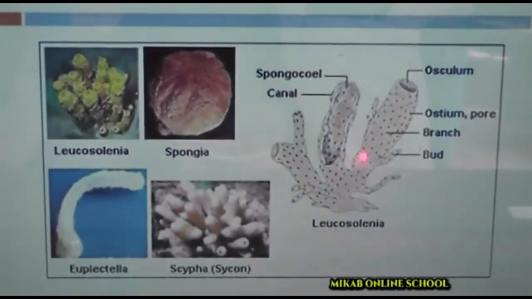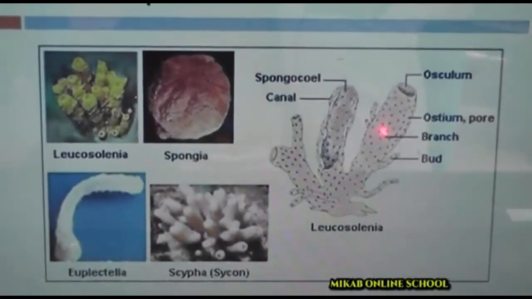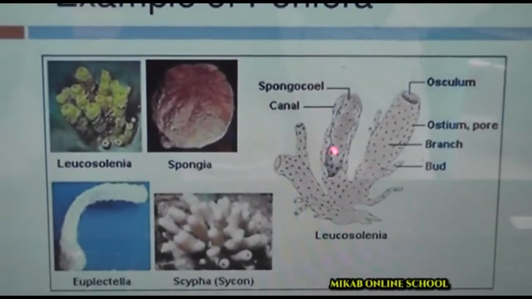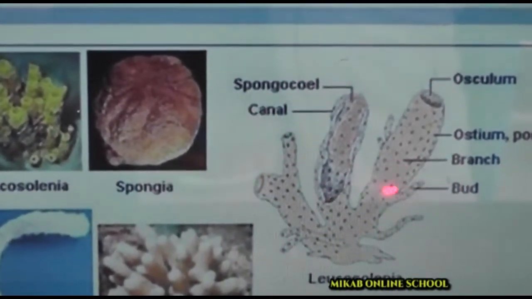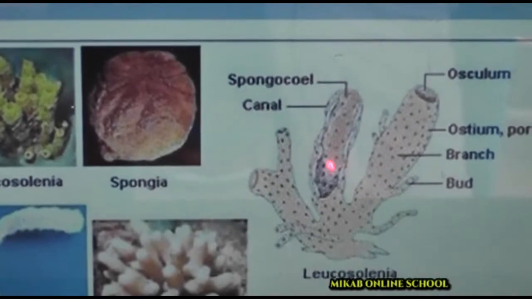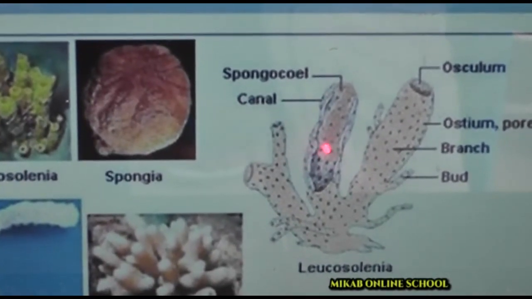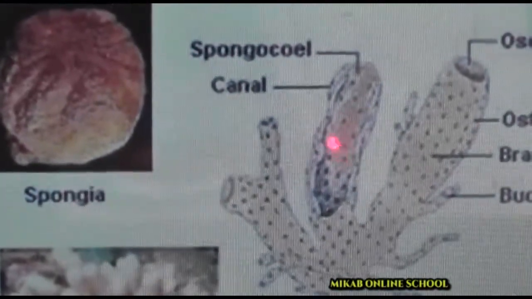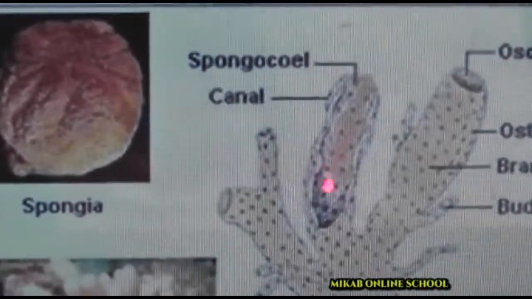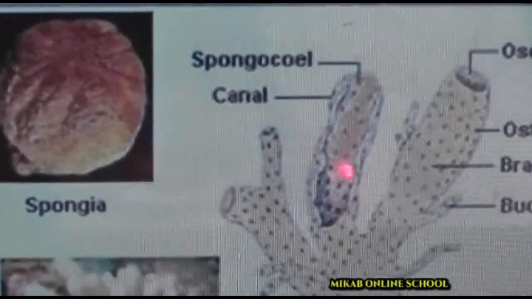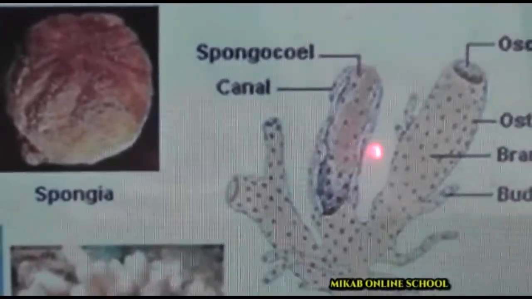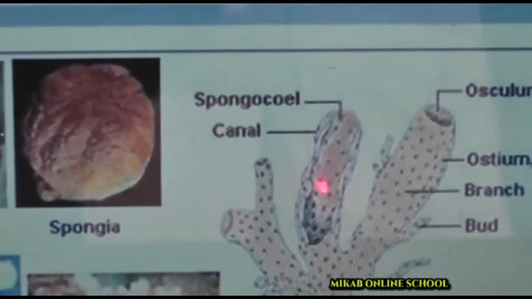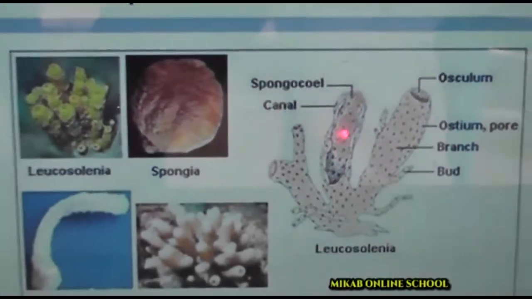So this is how a typical body plan of Porifera looks like. Then inside, this is the outer part of the body now, but inside we call it what? The spongocele. This is the inner wall, which is the spongocele. This spongocele is the empty space inside, the body cavity, the inner cavity. Lining this spongocele are cells that we call choanocytes. So the choanocytes are actually lining this spongocele.